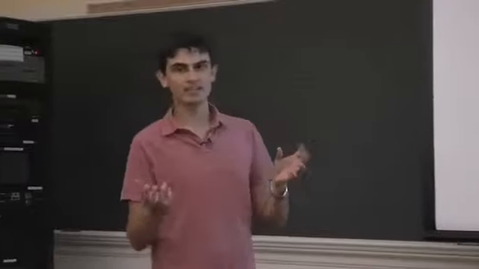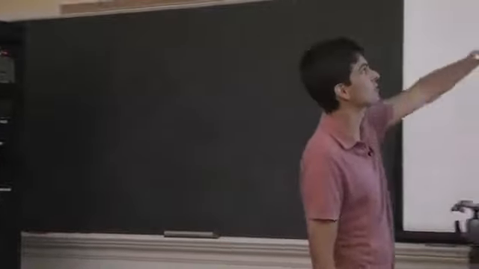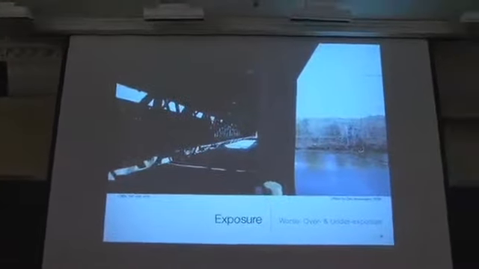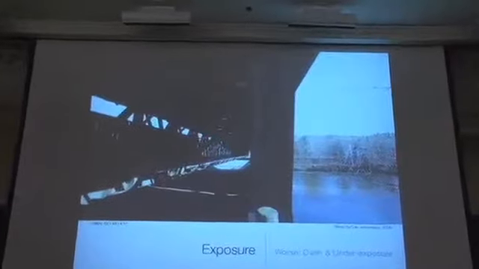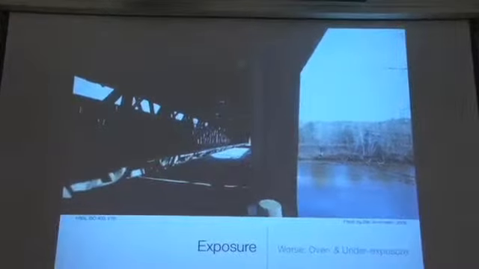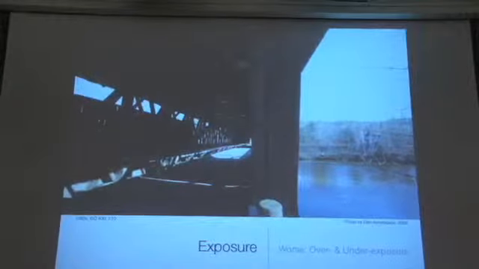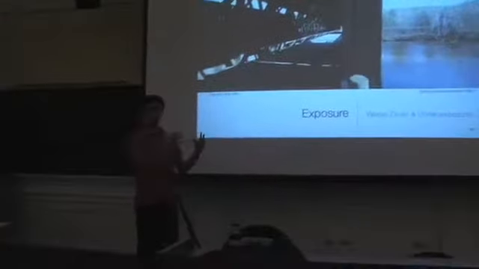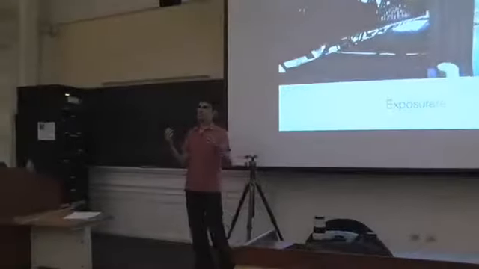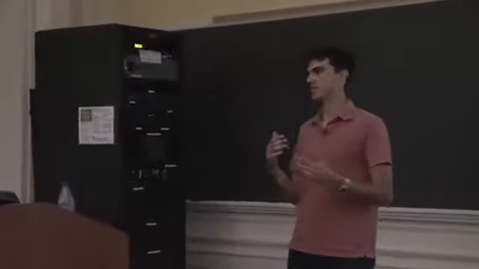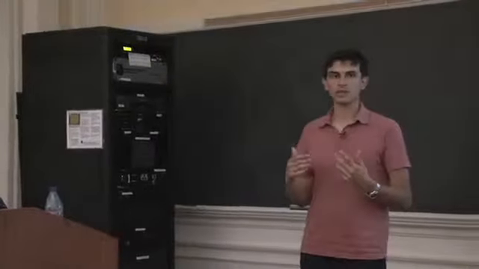But in this case, you'd have to do some pretty crazy bracketing. You'd have to do a lot of brackets in order to get a well-exposed bridge and a well-exposed sky, and then you'd have to stitch it in software later. But the other problem with bracketing is that if you do too wide of a bracket, in other words, if you change the exposure values too much, it's very easy to make it obvious that you've manipulated the image. It's very easy to make it look unnatural and to make the light look sort of crazy.